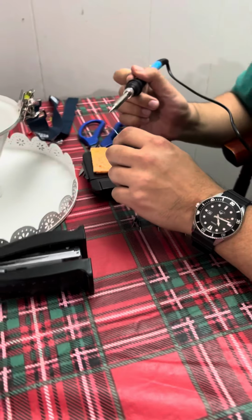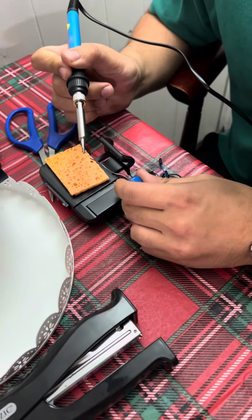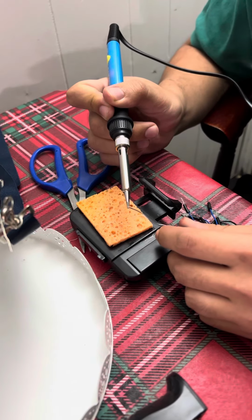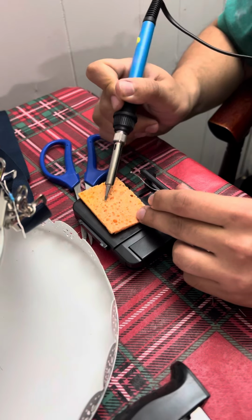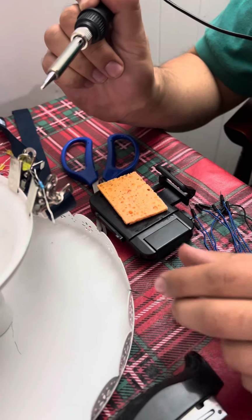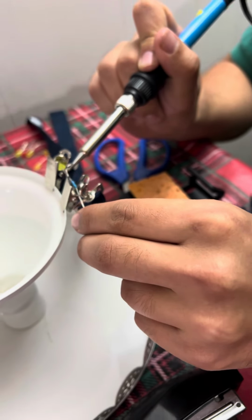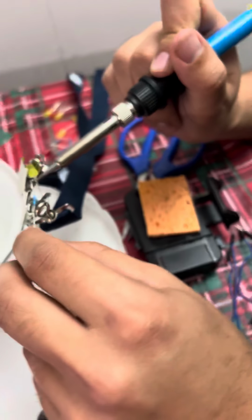This is a 350 degrees Celsius solder iron. I'm shaking. That is solder. I'm just cleaning up the iron, making sure it's clean. And now I'm gonna heat up the connection. This probably should be more secure,